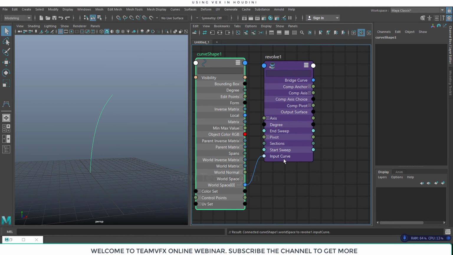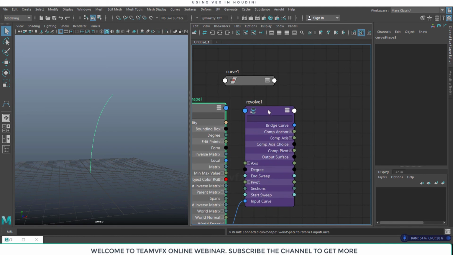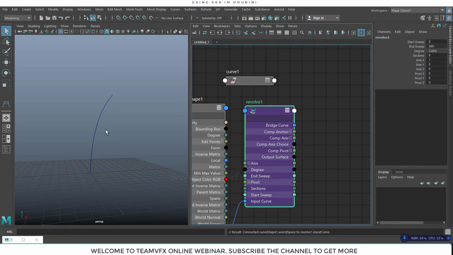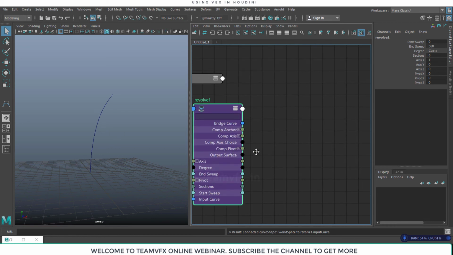Earlier it was not showing, but now my world space is connecting with input curve. What revolve does is give the axis and the amount, how much of the surface will be created.